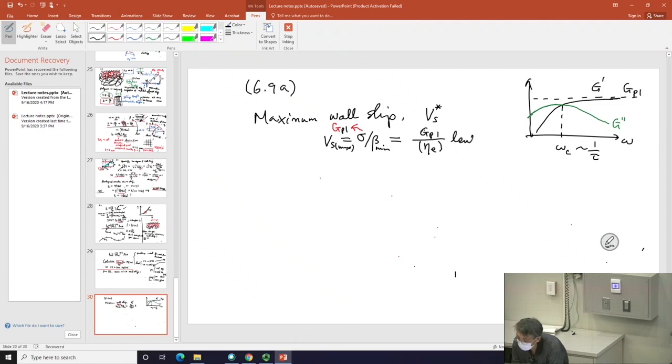times the entanglement length. In other words, beta minimum is eta E divided by entanglement length. Since it's in the denominator, it flips up. And this quantity turns out, based on the reptation theory in chapter 2, is nothing but,